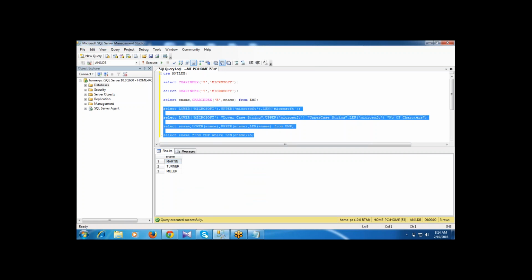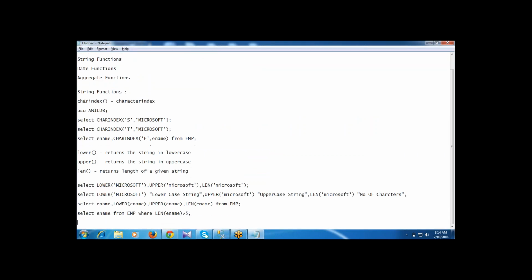So here I am including the functions in the select statement to retrieve the data in our own manner. While retrieving the information itself, we are writing operators and functions to get the customized output. Hence, this will not be updated in the table. We are just writing the select statement to fetch the data. All are predefined functions, already defined by the system itself. We are just utilizing the properties of the functions, and I'm getting the result.